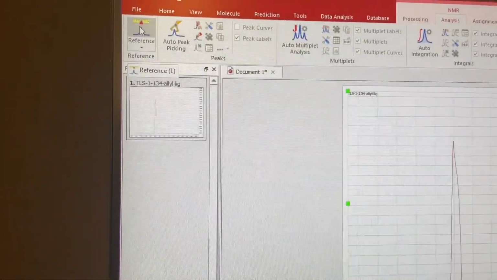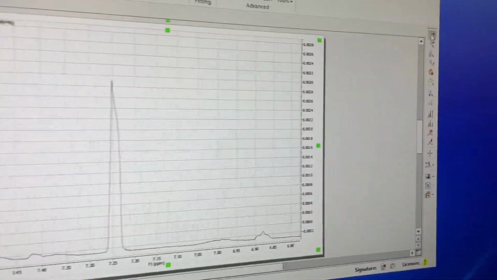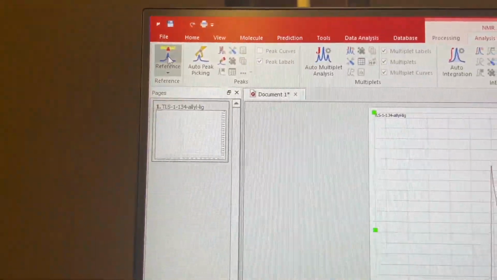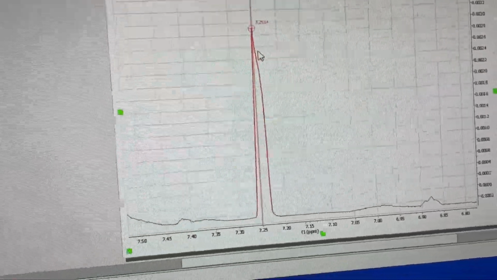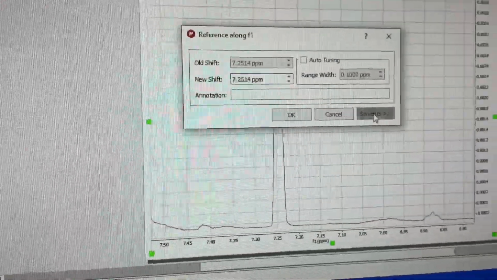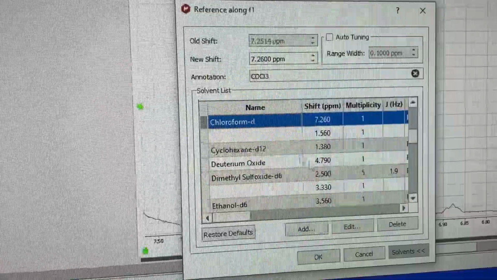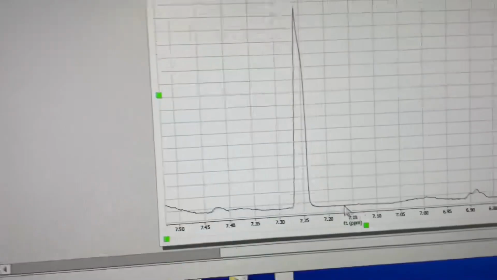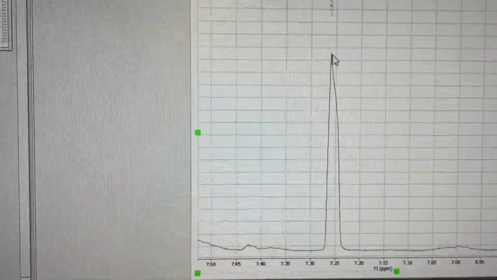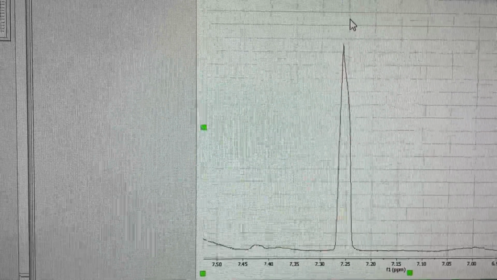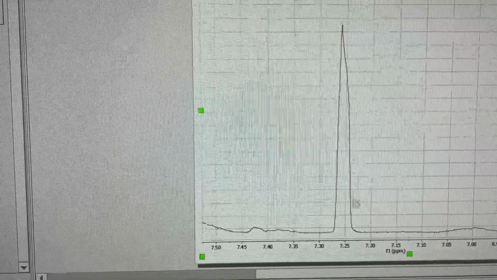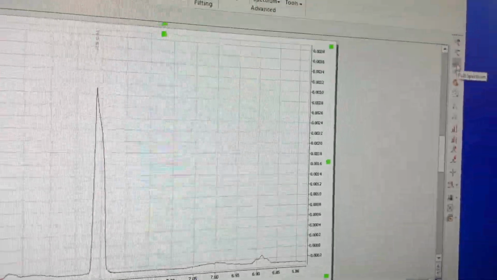What you want to do is, once you zoom in using this zoom in tool right here, use the reference tool and then highlight the chloroform peak, or whatever the solvent peak is, and then go to solvent, click on chloroform and hit OK. What that does is it will shift the spectrum so that this peak is exactly at the position that chloroform is supposed to appear, so that this chemical shift is calibrated against this chloroform peak. And if I zoom out,